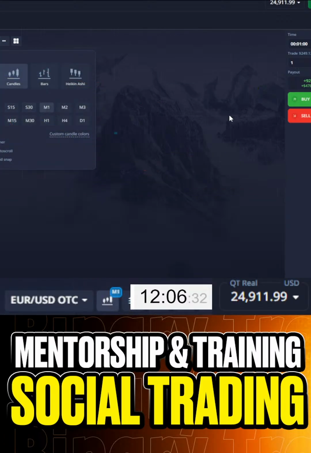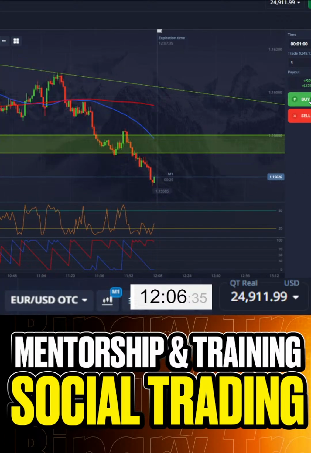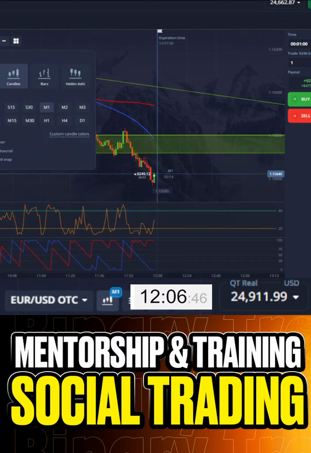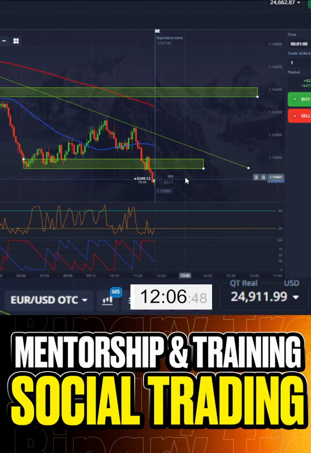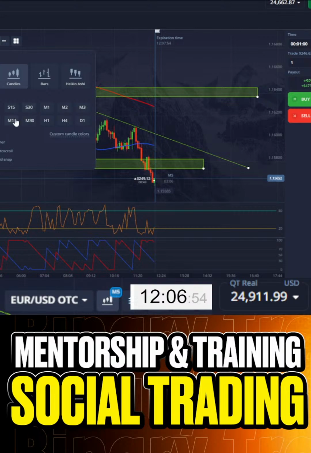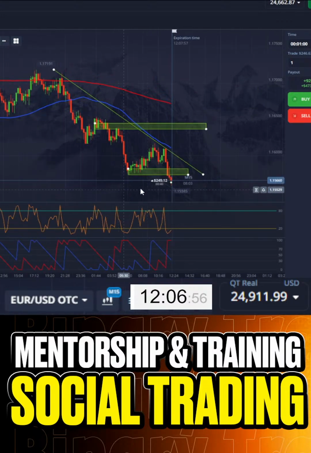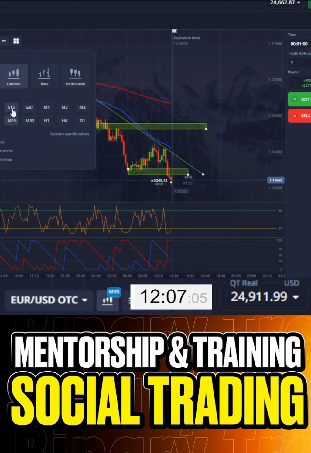And we can go on the M1 and see that right now the sellers are tired, and the first trade we are going to open right now is with the buy. Why so? Because right now we have a very good level. Also here we can see it on all the time frames. Let's take a look. You see that the sellers are tired and the buyers get some more power. That's why we need to know about this.